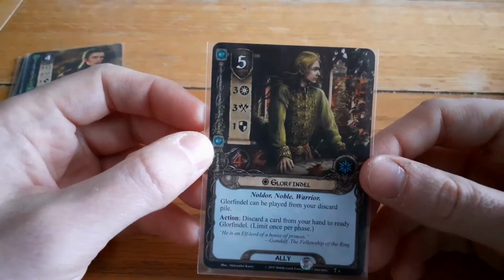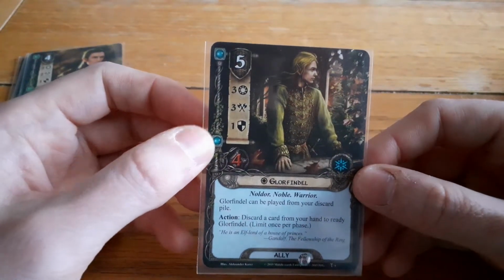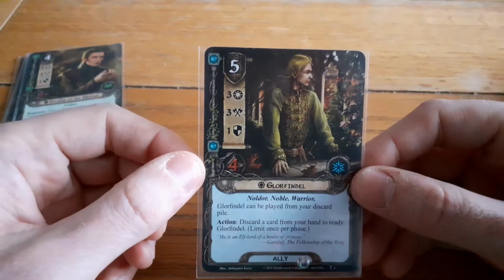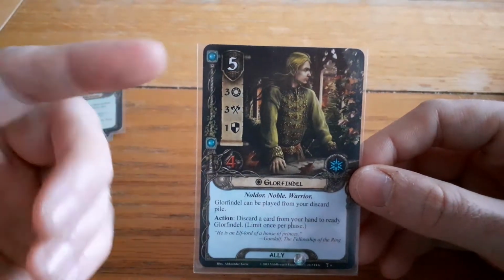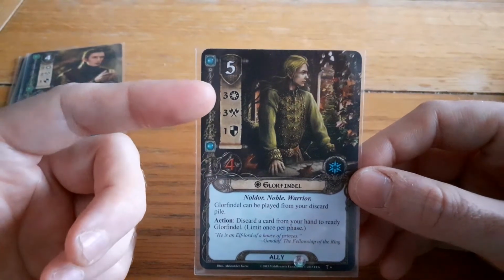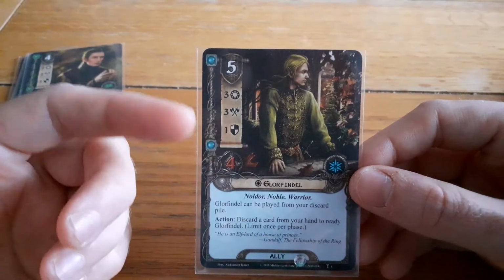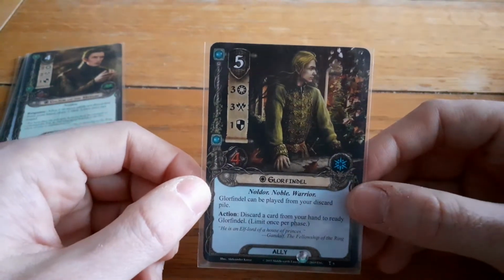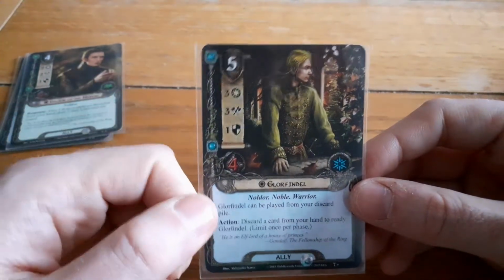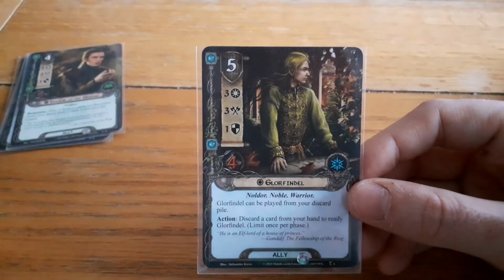Glorfindel, he used to be a hero in the deck, then he got phased out, and then I finally picked up the cycle that he's in, and now there's a one-of hero in the deck. Incredible stats: 3 willpower, 3 attack, 1 defense, 4 hit points. Unbelievably expensive at 5 cost, but he can be played from your discard pile. So I will always burn him when I see him, and then I will play him